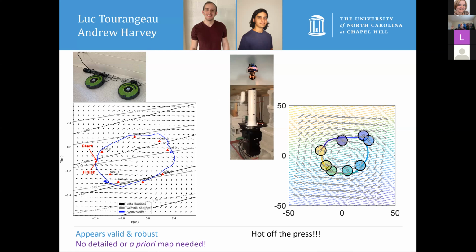Now, all of the simulation work we did up to this point, one thing I did not tell you is that it's all kinematic. It's all just assuming that you're at a location, move at this speed to this new location. The real world doesn't work like that. The real world works based on dynamics, right? Some of the forces. Or if you're more of an analytical mechanics person, figure out the Lagrangian and then use Lagrange's equations. And we wanted to really implement things with forces because some of the work we're